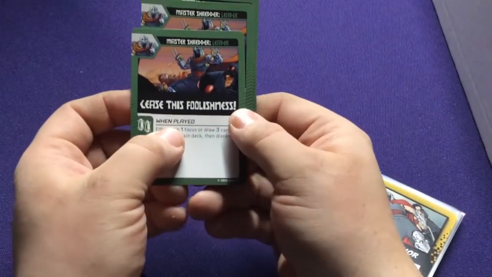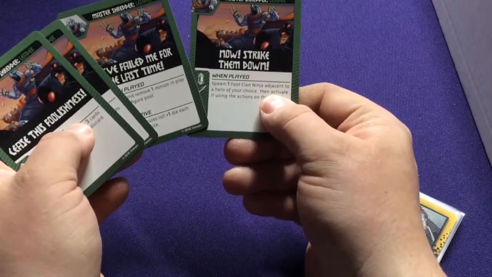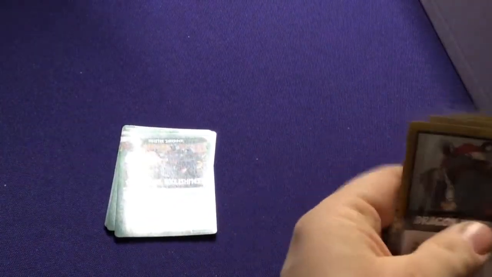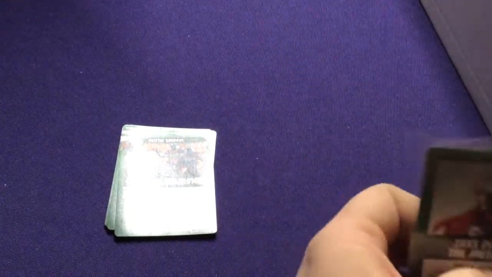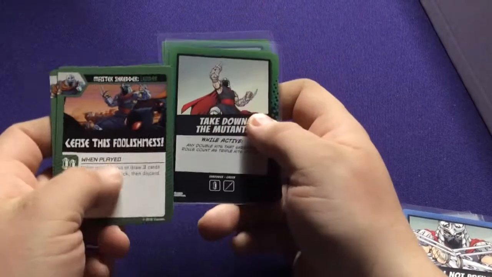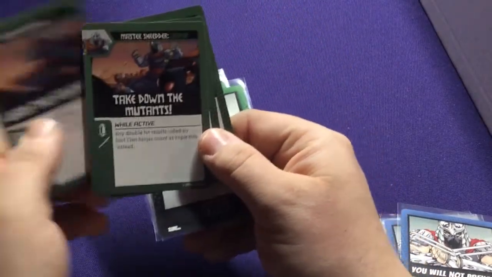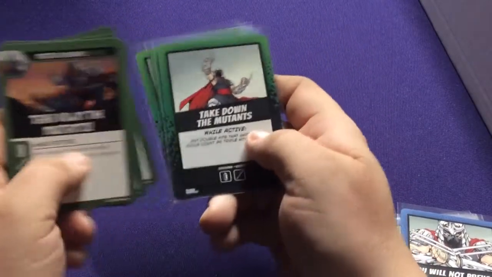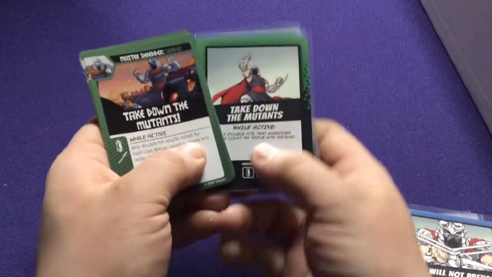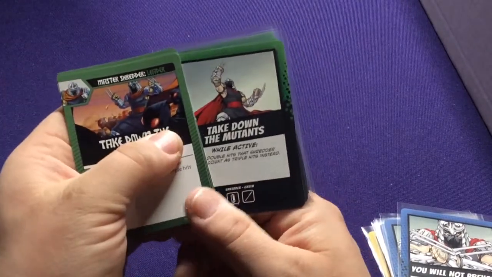Green card Shredder. Old one, we get Cease this foolishness, take down the mutants, you failed me, and strike them down. So if we go through all his cards. Now this is interesting though, there's a different picture on there. So you have take down the mutants. And then now, here's how they changed some of these. So they got rid of the picture in the top, because obviously you're going to know this is...